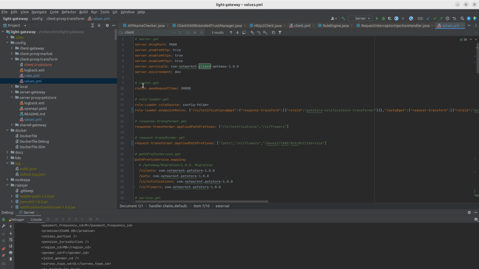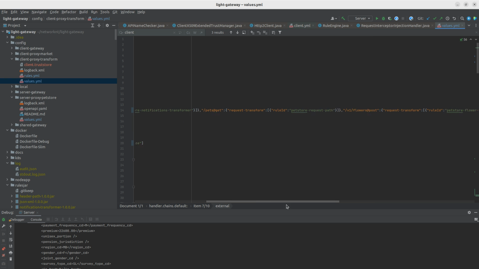In the values.yaml, we need to make a little change. First things first, the rule loader: we need to make a change so that we can load that rule during the server startup. This is the rule we are trying to load for this particular endpoint, slash dev est canx antc multi-service at post. As long as we have this post request coming in, it will invoke this request transformer with the rule